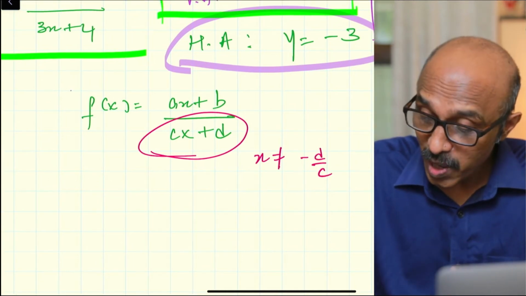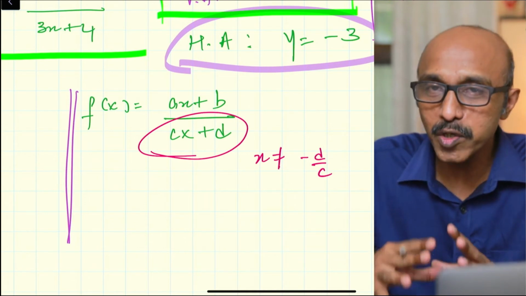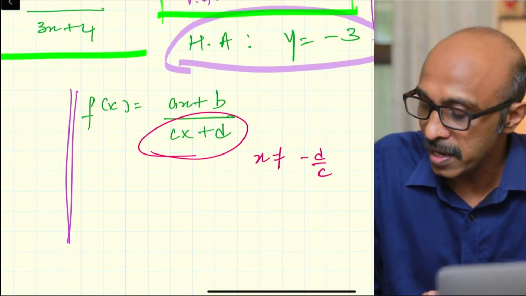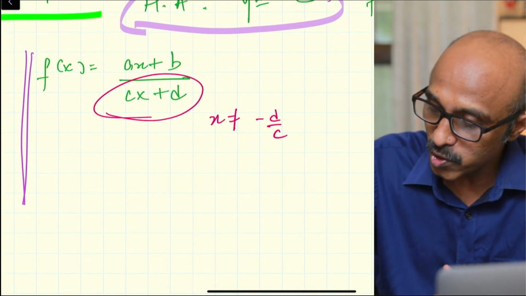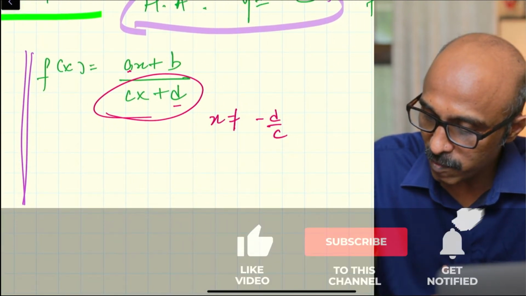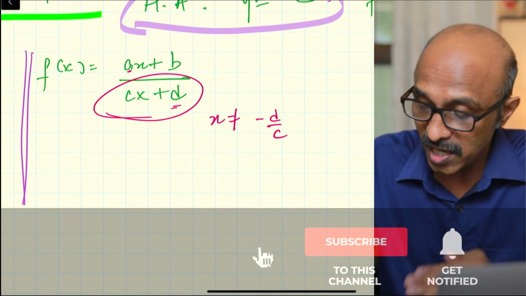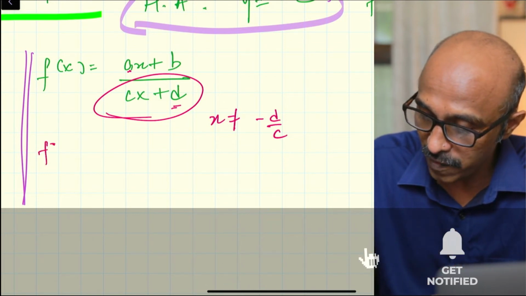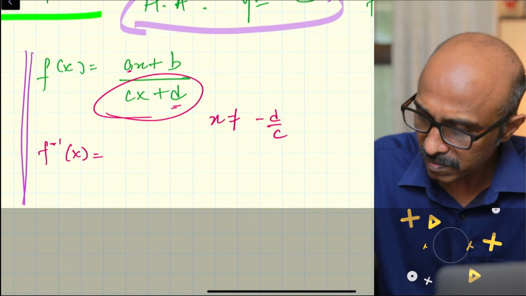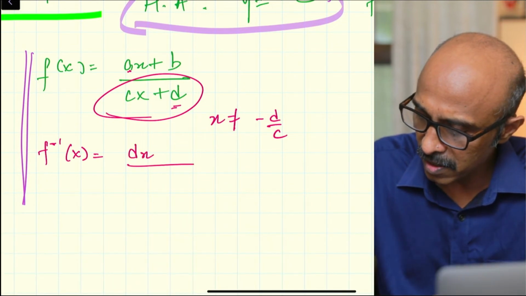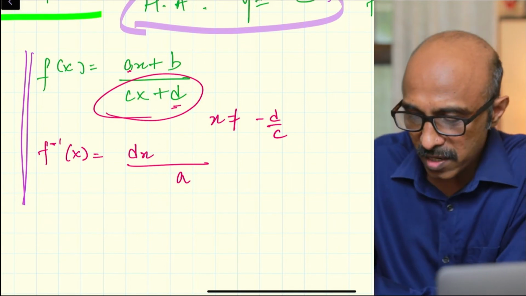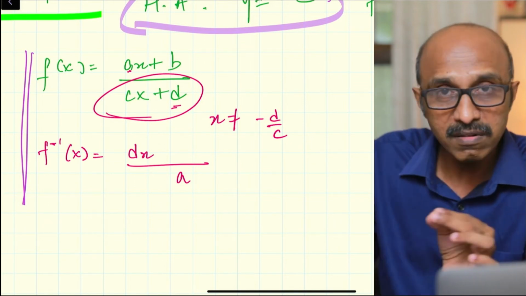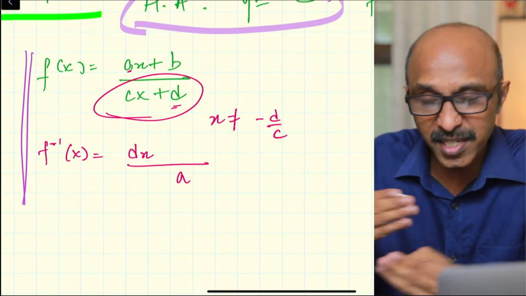So in general, when you have a rational function of this kind and you don't have to show the working, it's some kind of an entrance exam, you can use this shortcut. What you've got to do is just interchange the positions of a and d, with its sign, whatever the sign is. So the inverse of f would just be dx over a. I'm just going to interchange that. So whatever the sign of a, you bring it down here. Whatever the sign was of d, you just replace a and d, interchange the positions basically.